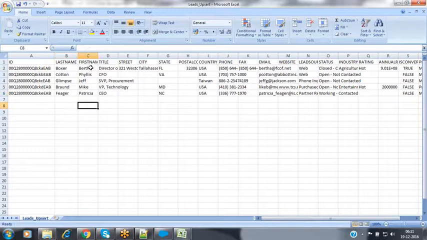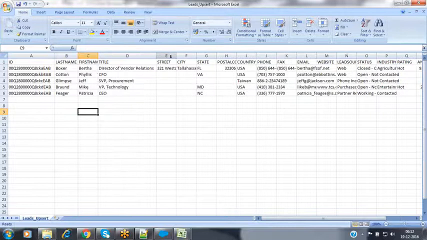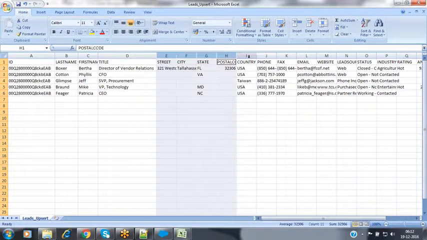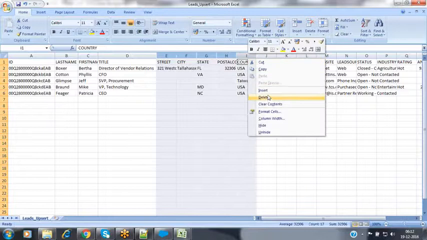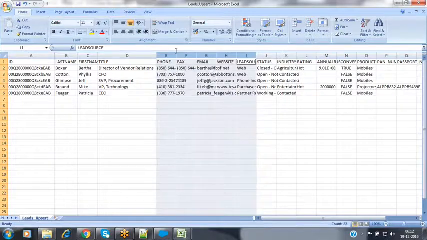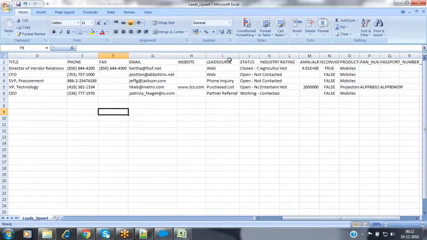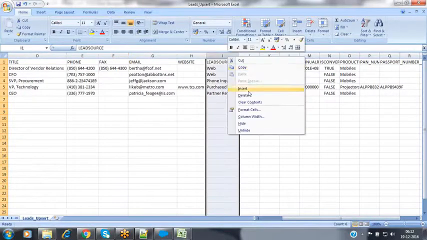For these lead records, we have some values there. What I want to do is update the phone number, the fax number and the website values. The lead source I don't want to update.